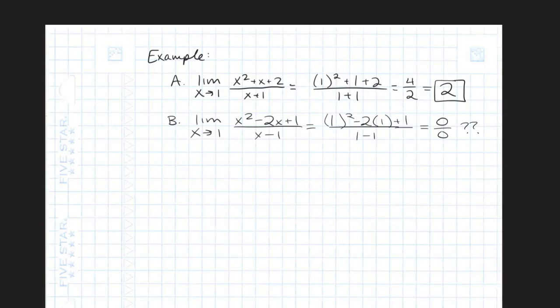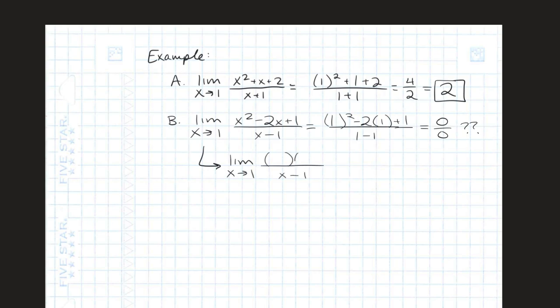So what we have to do when direct substitution doesn't work, this might be something I would write down for myself. When direct substitution doesn't work, try factoring. When direct substitution doesn't work, meaning you get 0 over 0, try factoring. Which means we have to memorize or remember all of our factoring rules. If we factored that numerator,